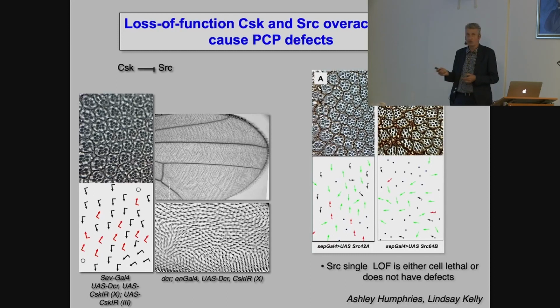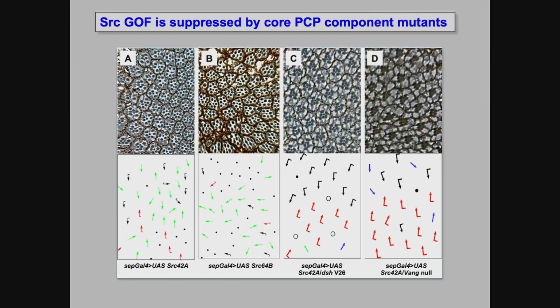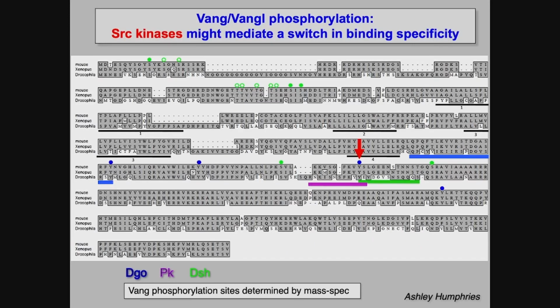And SARC64 is sort of redundant with 42 in some contexts and has no phenotype. But when we overexpress SARC, we get phenotypes that resemble strong PCP defects, including some cell loss. And these strong PCP defects are suppressed by removing a copy of the Wang gene, suggesting that Wang is certainly involved in that context. So this is still sort of work in progress, but the data suggests that phosphorylation of